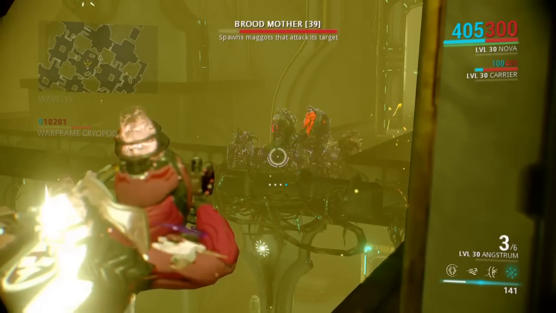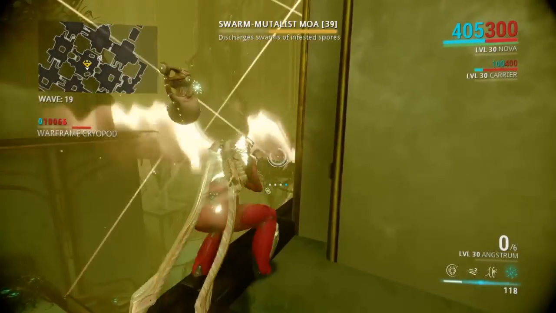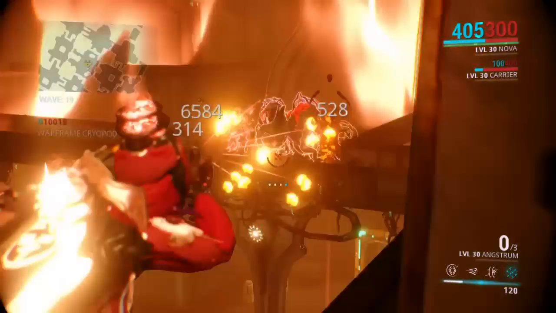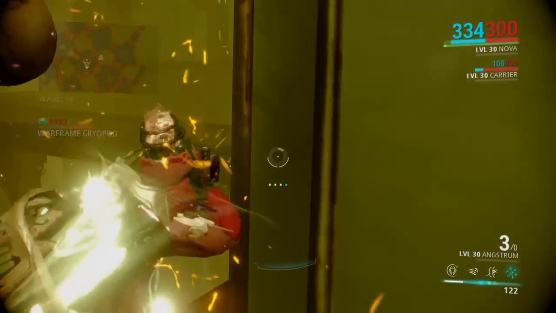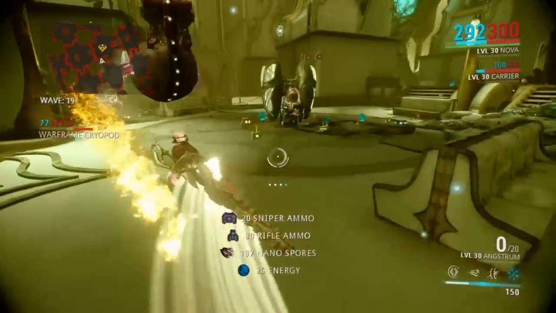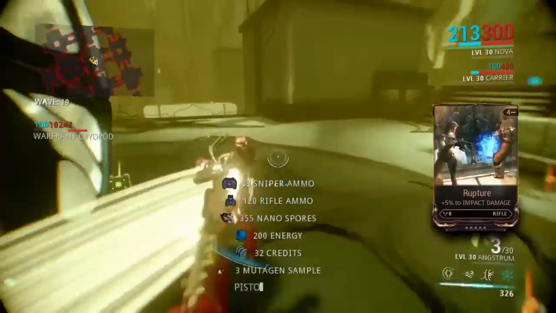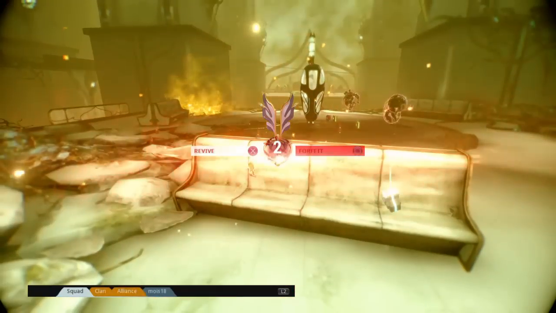So I think the Amprex is definitely one of the best weapons if you take enough time to forma it. I always have a bad time pronouncing it. If you take the time to forma it and put the right polarity slots on it, it could absolutely be the best gun in the game. But that is my personal choice. So if you guys think there's another great gun,